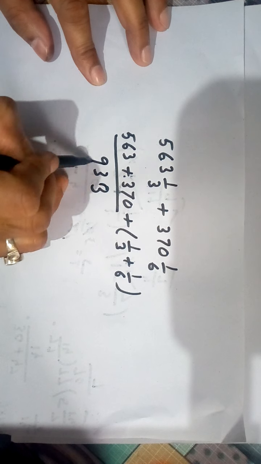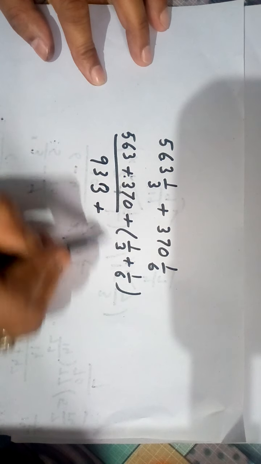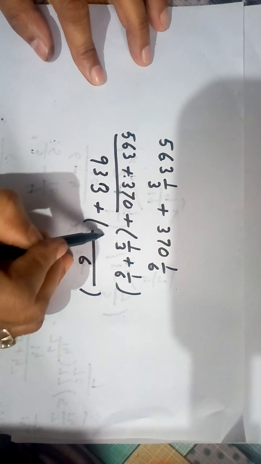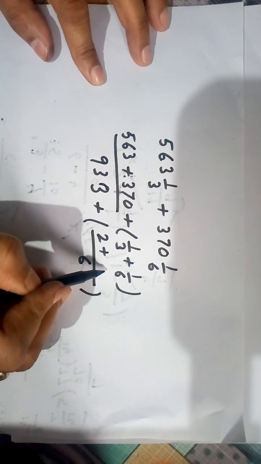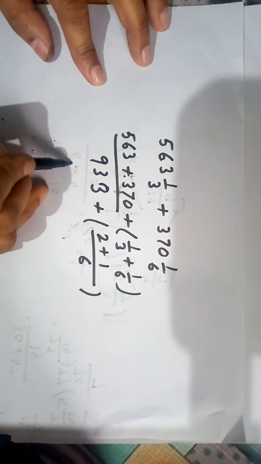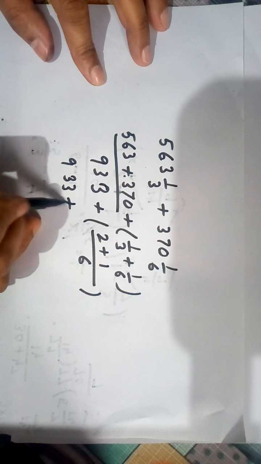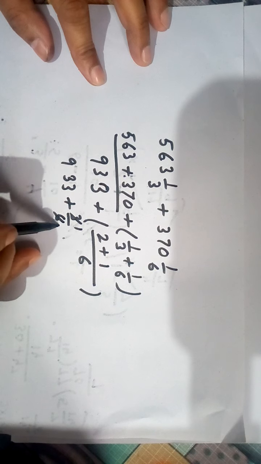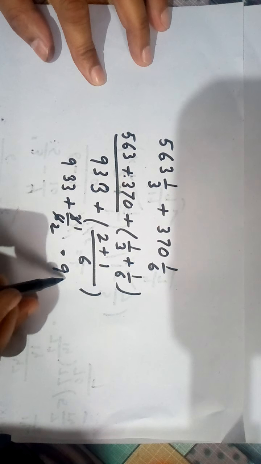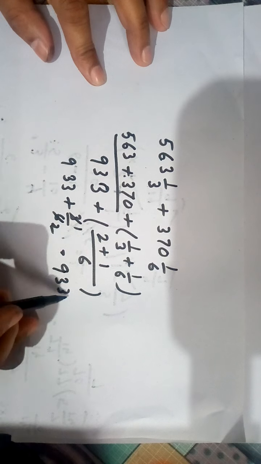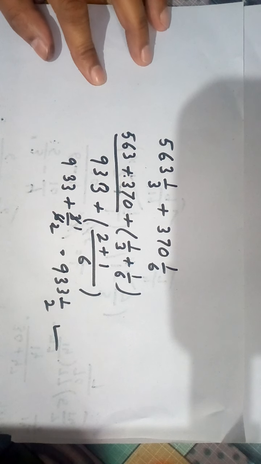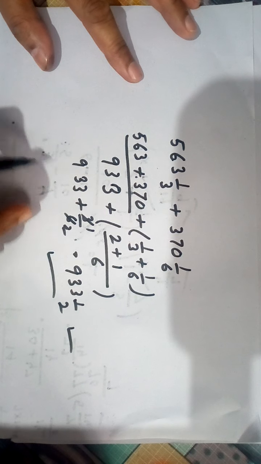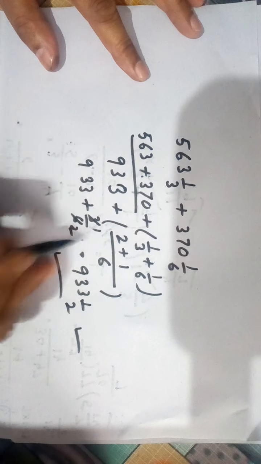You get 9 3 3 plus, similar process you have to add it. We get 6 as the LCM, divide by 3, 2 ones are 2, plus here divide by 6, 1 into 1, 1. The 9 3 3 plus 3 by 6. You have to cut it. 3 ones, 3 twos. Your answer is 933 and 1 by 2. No need to write the plus sign. This is the right answer. You can do this process also. So today I explained how to add and how to subtract with fraction numbers.